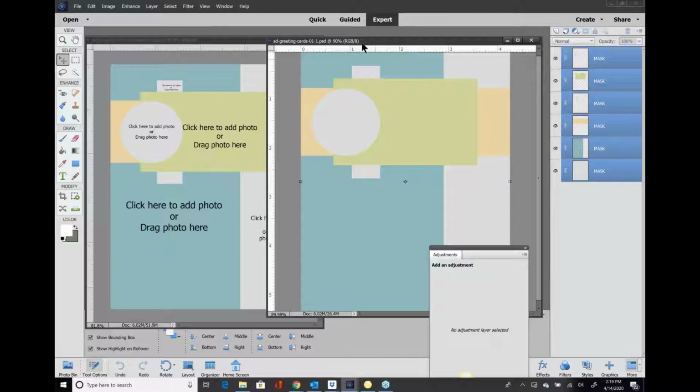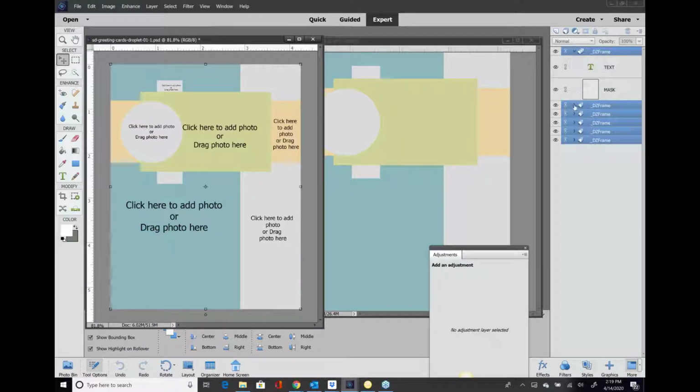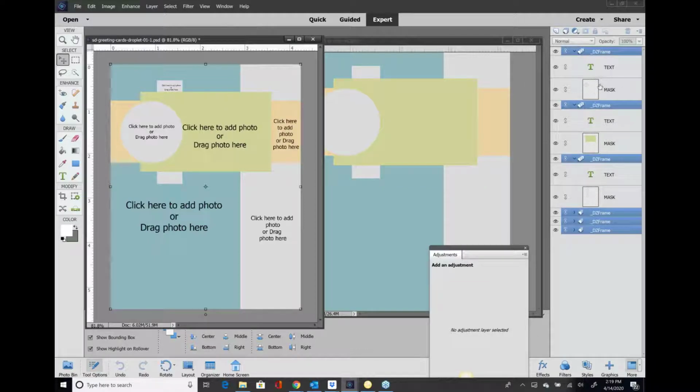So I now have the right-hand side active. So you're going to see these layers. It looks a lot less intimidating, I think. And then when I click on the left-hand side, you're going to see something that looks like this. Now, if you open up all of these little drop downs, these are called groups, you're going to see more